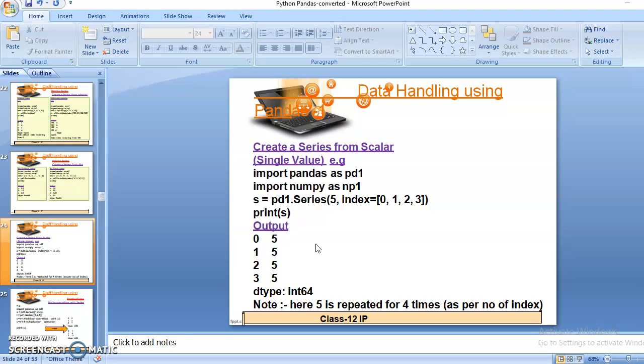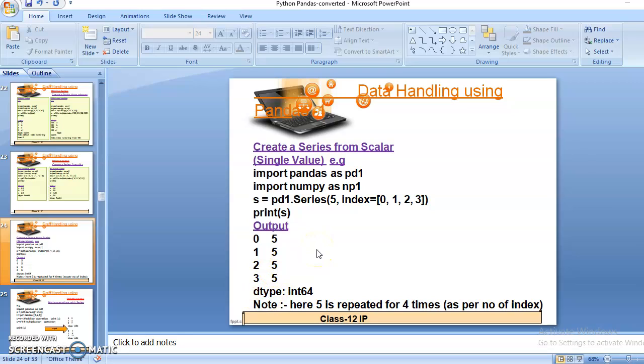Here I have mentioned index equals 0 1 2 3. It means I want to insert 4 elements in my array, and I want to assign the same value 5 to all 4 elements of my array. You can check the output 0 1 2 3 because you have mentioned 0 1 2 3 as the indexing, and the same value 5 is repeated in all array elements. So 5 5 5 5 is repeating.